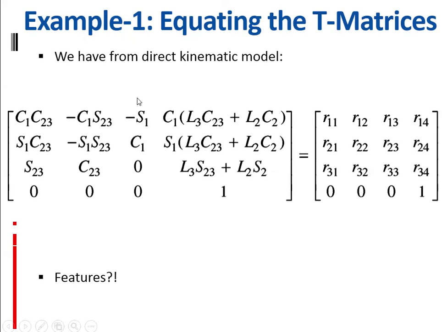Now, when I talk about this, firstly I have to identify the parameters which are single ones, among all the elements, which consist of a single variable. There are many elements: s1, c1 I can take, because s23 or c23 is nothing but sine of theta 2 plus theta 3, cos of theta 2 plus theta 3. So I have two options: either I will go for s1 or I will go for c1.